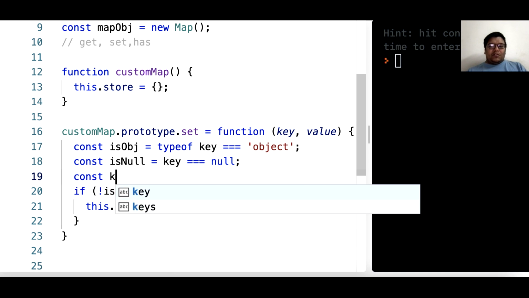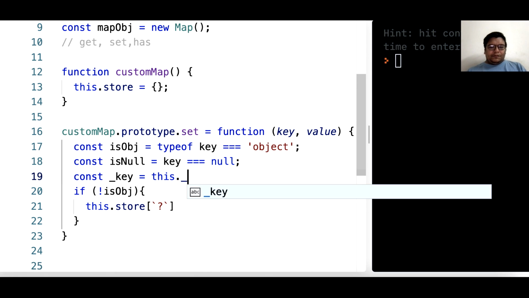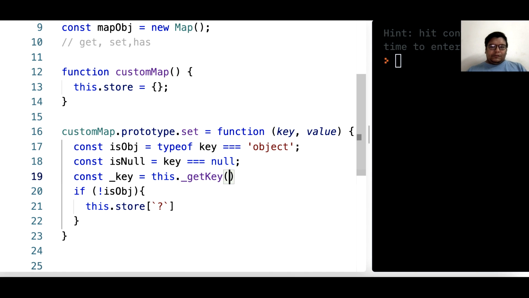Let's try to get a new key from here. I will tell you what's the point of it. So what we'll do is, we will always be using this.